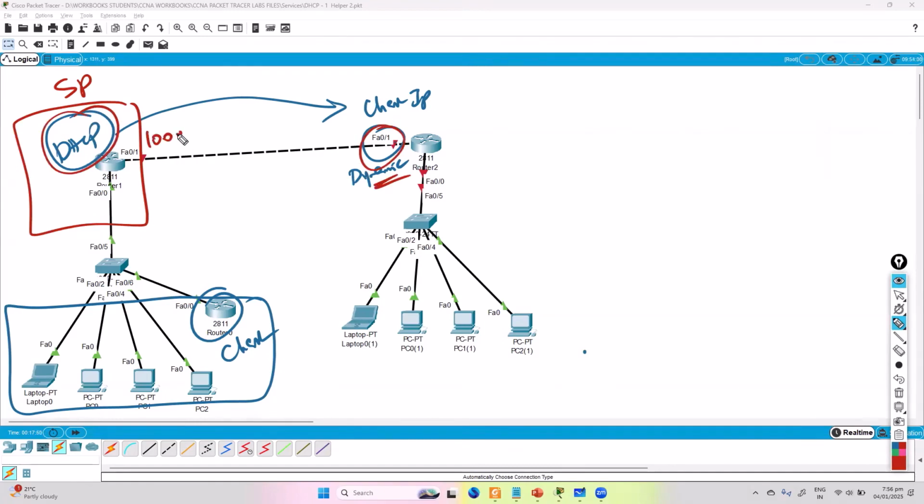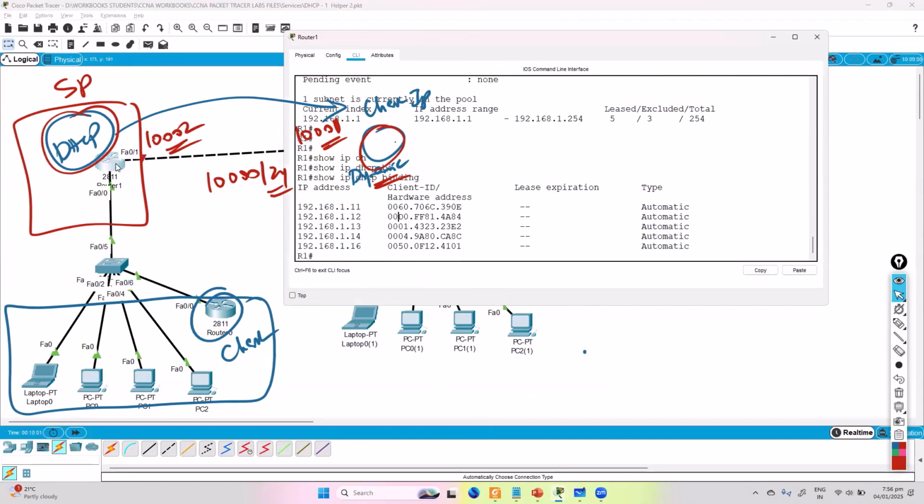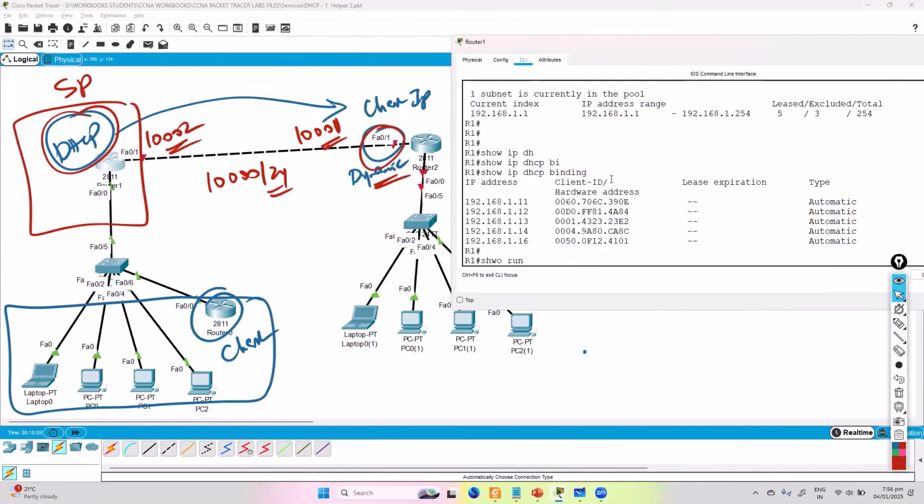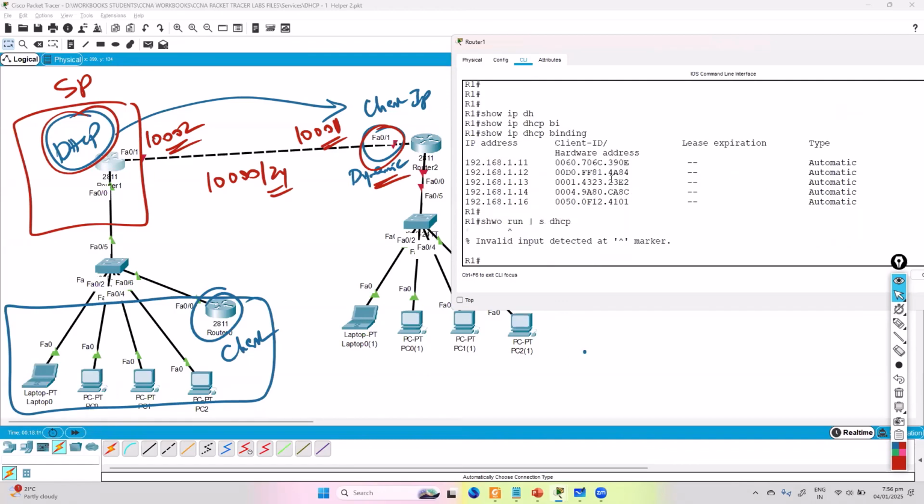Okay, so I'm going to use some IP like 10.0.0.2 here, 10.0.0.1 here, or vice versa. And I'm using a 10.0.0.0/24 subnet on this. Okay, so anyway, this lab I'm documenting on the other side, but still we'll do this. Now, the one thing we need to understand here is on the DHCP server, if you verify the DHCP